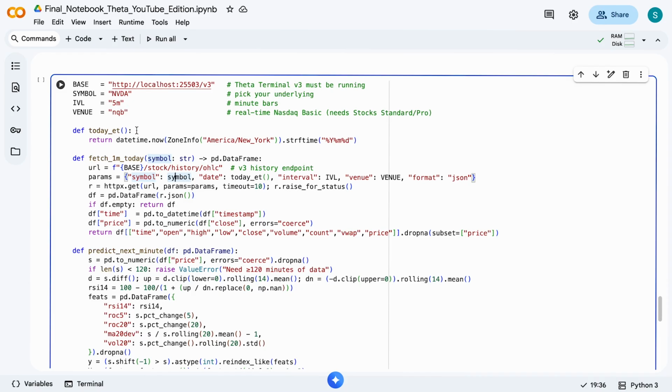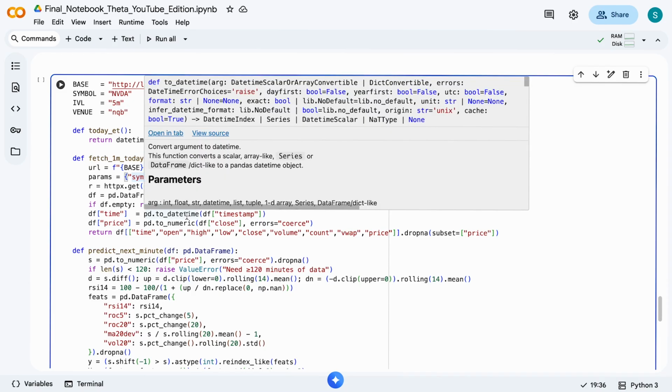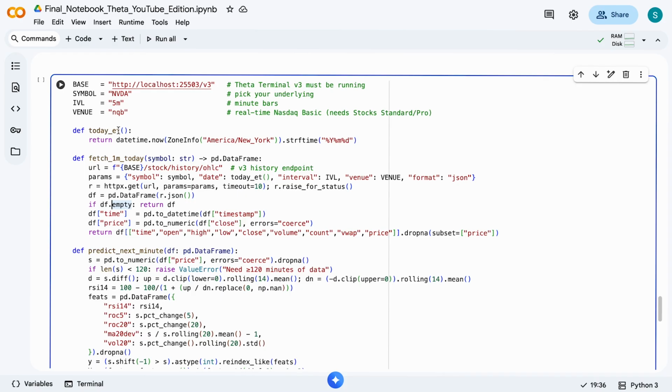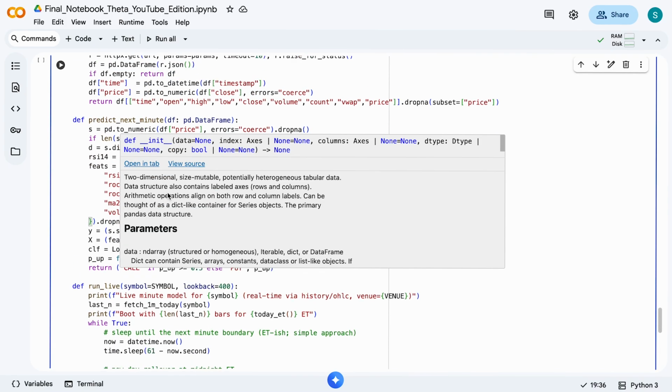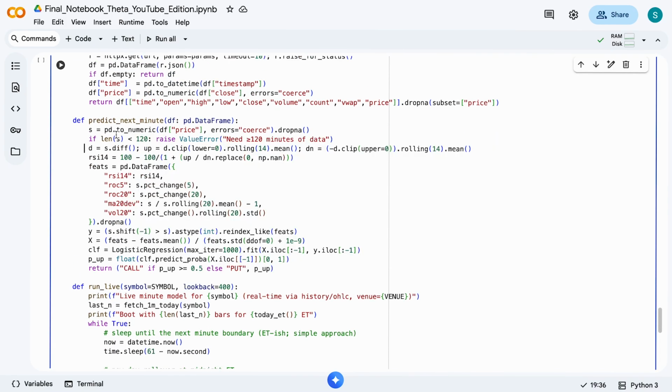We just need to bring the symbol inside and we're going to get the data. Here's the function to get the data. Here's the function of today, and here is the function that interests us. It's called predict next minutes, and predict next minutes is going to be the engine of the AI. How does it articulate? First of all, we create all the features. Here I chose as variables to bring into my logistic regression RSI 14, ROC 5, ROC 20, moving average 20,